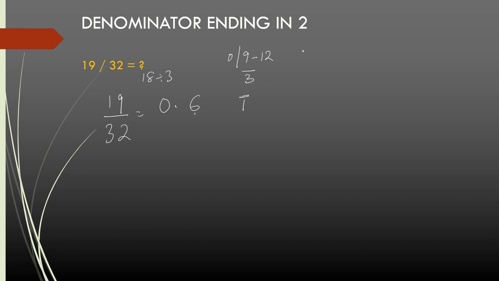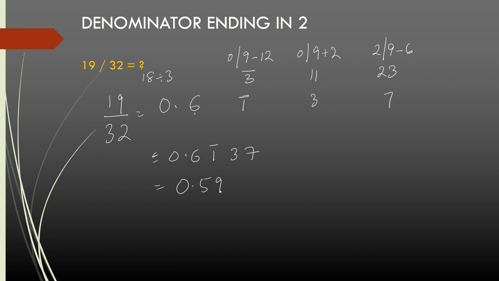So, again remainder is 0. Then the adjustment is 9 minus 2 times minus 1. So, that becomes 9 plus 2, which gives me 11. 11 divided by 3 is 3 times, 2 is the remainder, 9 minus 6, 2 times 3, 9 minus 6. So, this is 23. Then I get 7, 7 3s are 21, and then it will continue. So, this is 0.6 bar 137. I convert this to vinculum, this is 0.5937. I convert from vinculum to normal.